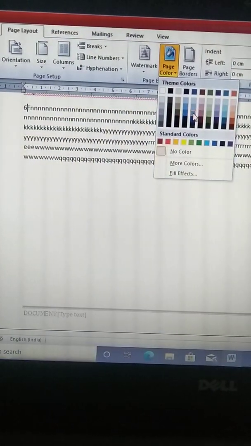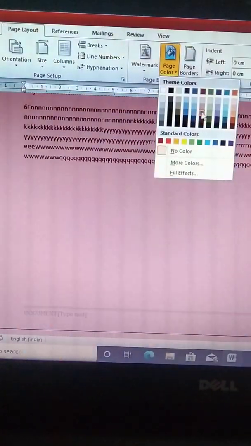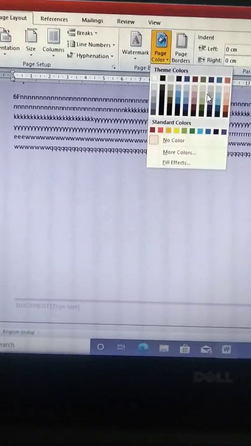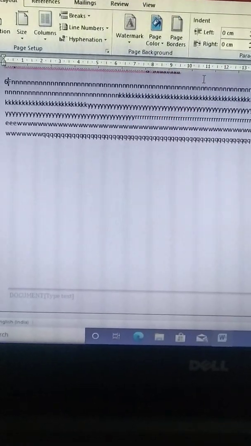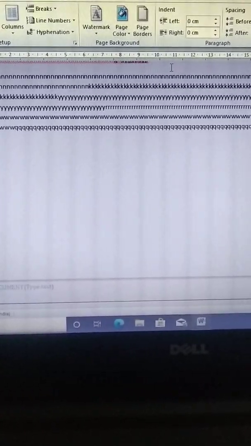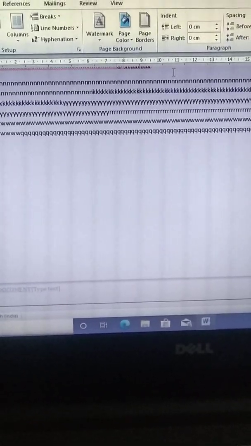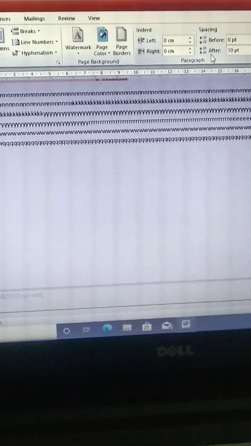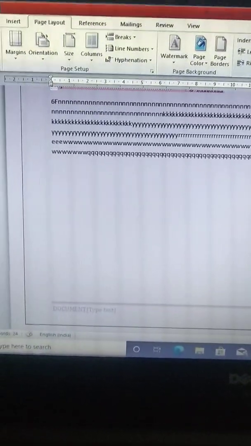As you hover your mouse, the color of the document changes. So in this way you can also fill color in your document. And you can also give shadings to the borders, watermark, and there are different kinds of things you can do, different formatting in your Word document.